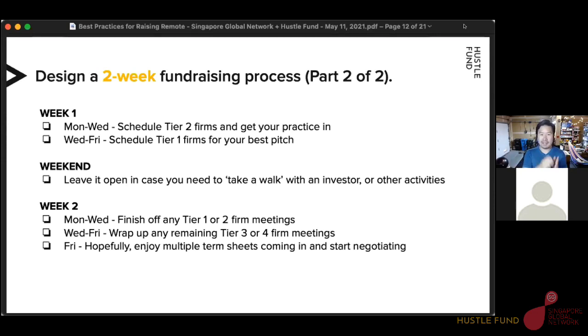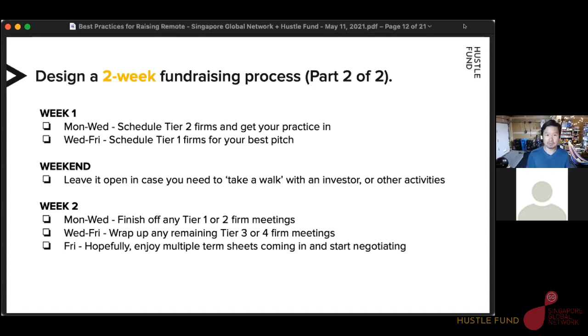That weekend, after your first week, you cannot do anything. Okay. You can't go on vacation, don't get married or anything like that weekend. You want to leave it open because there's going to be some VCs who are going to reach out saying, we should grab breakfast, we should grab lunch, we should go take a nature walk, we should grab dinner, we should have drinks. That optionality, you want to leave it open. Okay. So that some of these ad hoc courting things can take place, or even more meetings can take place over the weekend.